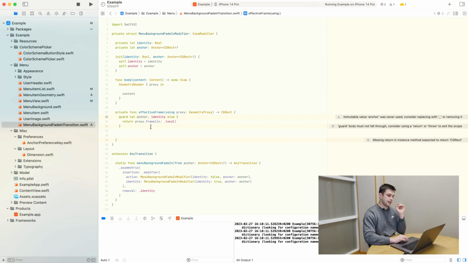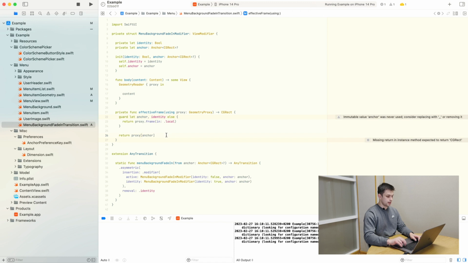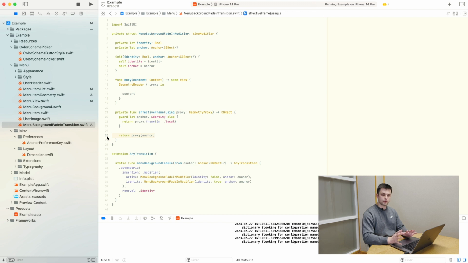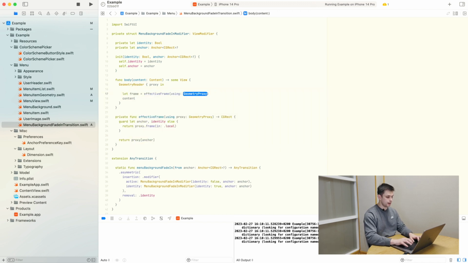Okay, so by having these lines declared, what we are basically saying is that if we don't have any anchor, and that's an invalid situation, we don't need to return the whole frame available. And the same applies if that's not an identity. So let's now return the proxy for the anchor. And just as we did before, GeometryReader lets you transform the proxy to an exact value, and we can use it like that. So we can declare a frame now,